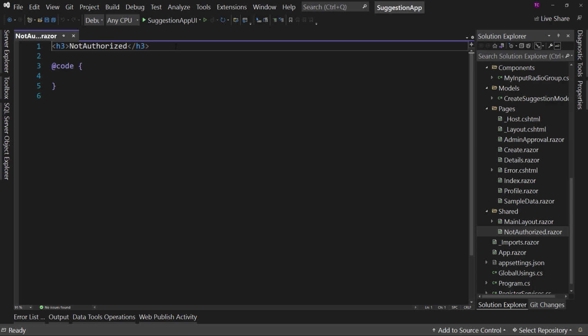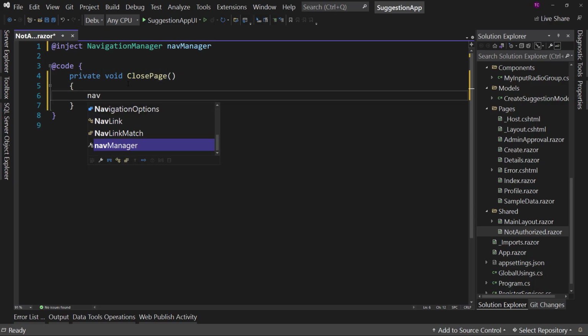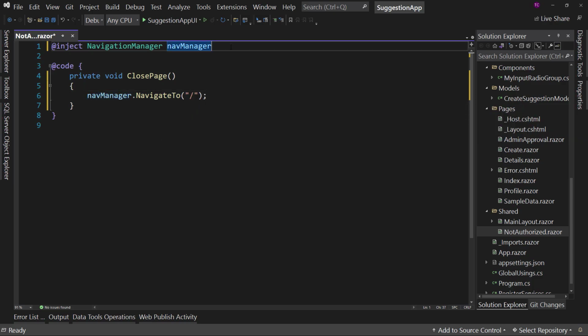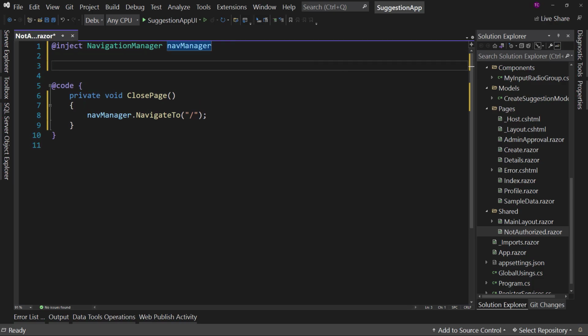We will not give it a page directive. We will, though, inject the navigation manager, nav manager. And we do need to have, we'll put the close button in. Let's go ahead and just do that down here. Private void ClosePage. And we'll say NavManager.NavigateTo, again, the home. So this is going to allow you to navigate back to the home if you decide that, hey, you're right,